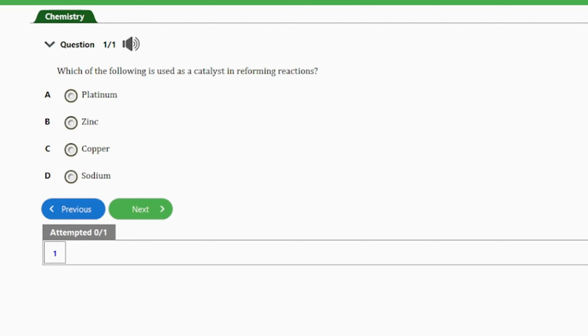So guys, the answer to this question is option A, and that's platinum. Platinum is commonly used as a catalyst in reforming reactions. Actually, the reforming reaction is a process that involves reactions that require a catalyst to facilitate the conversion of hydrocarbons into high octane components. So guys, that's it about that, and option A here is the answer to this question,